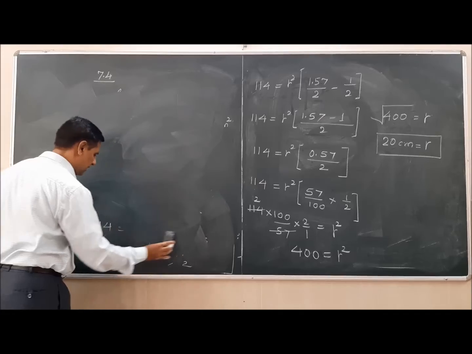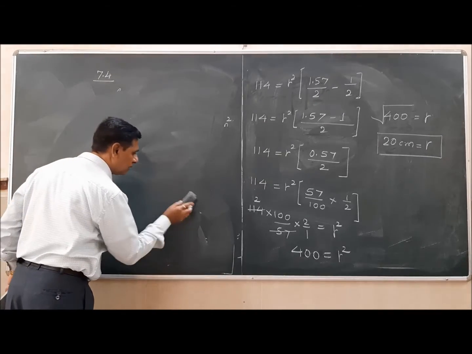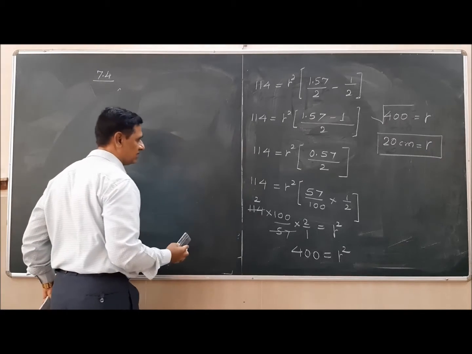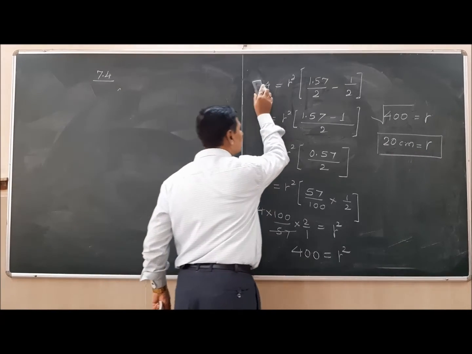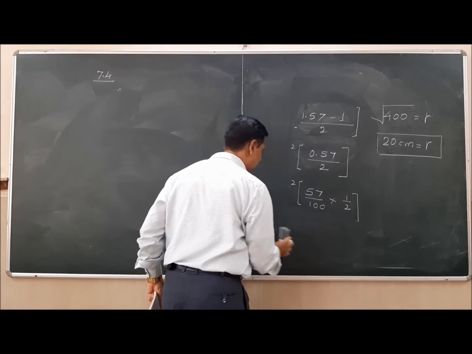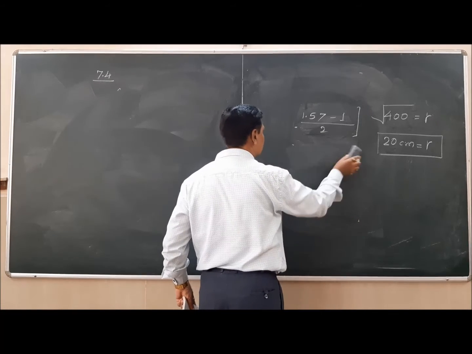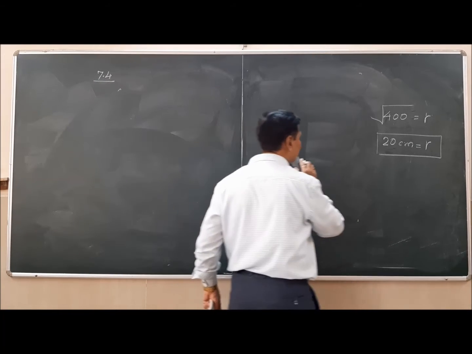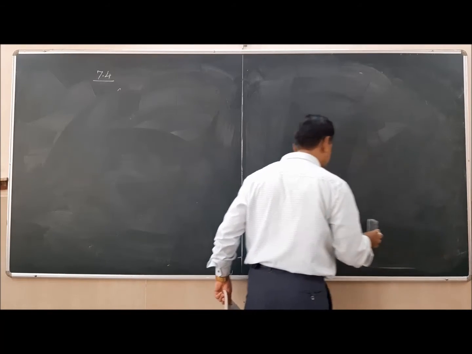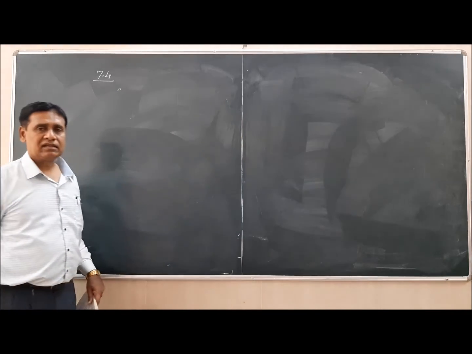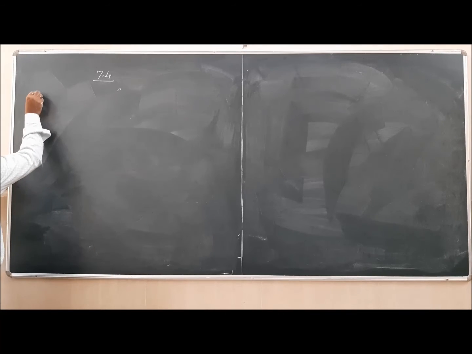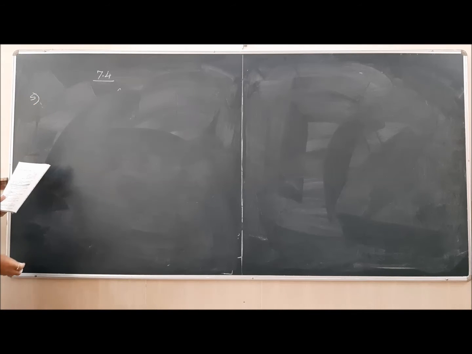Now the next sum. Try to understand the meaning of the word subtend. In the next sum they have said the chord subtends an angle at the center. Subtended angle at the center means the two sides of the angle intersect each other at the center and form the angle, which is called the angle subtended by the chord. I am reading question number 5 here: a chord PQ of a circle